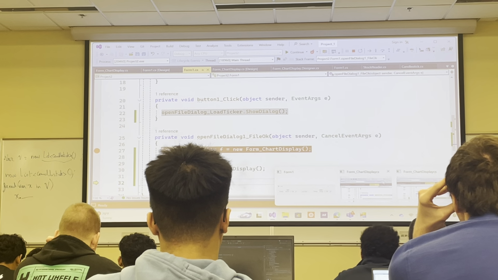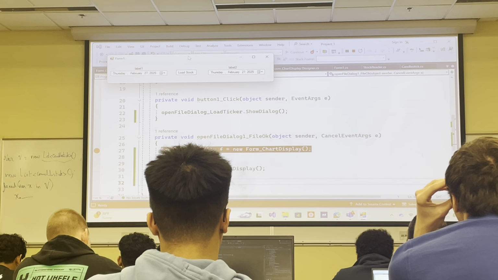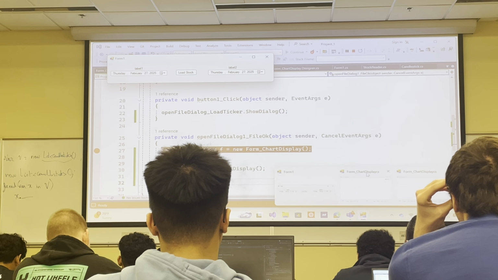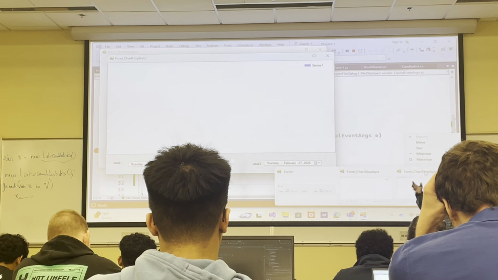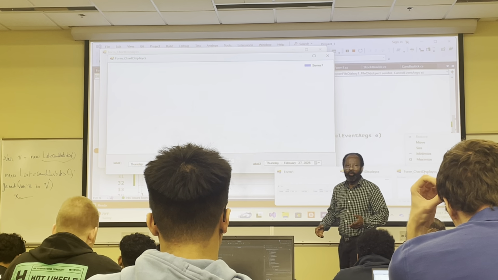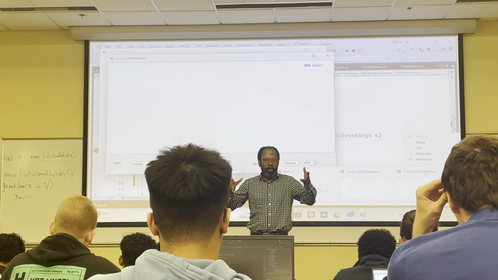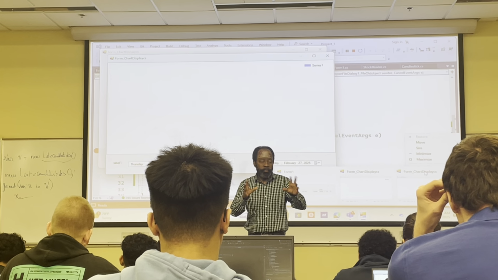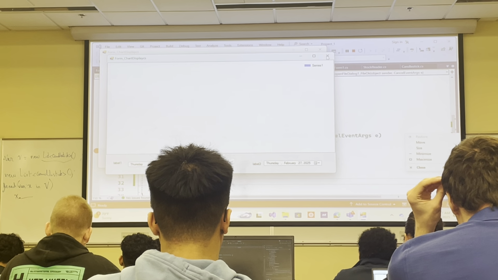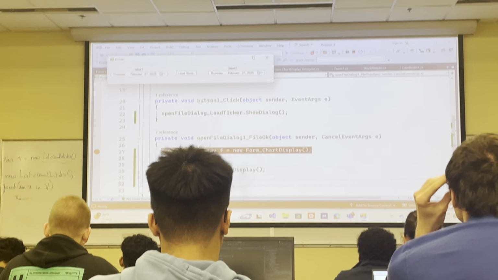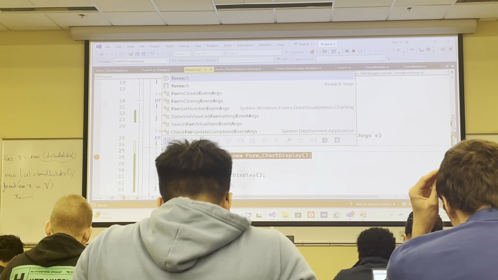Now, when we tell it to continue running, it's going to get everything done. And at that point, here's my main form, and here are the other 2 chart displays that we created. Of course, the 2 new forms that we created, we didn't tell them what data they should have or anything, so they're just basic empty charts. All right, and now you could say, well, this is not really how you would want to do it. The way you would really want to do this thing is to say, hey, for each